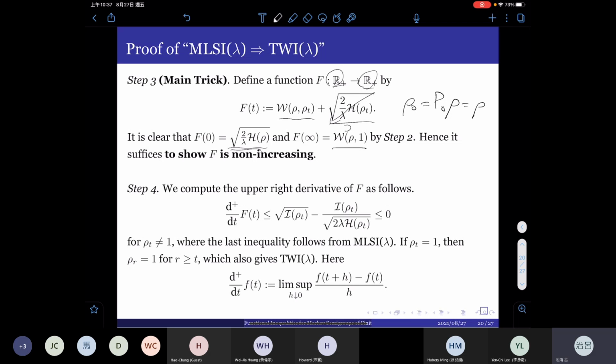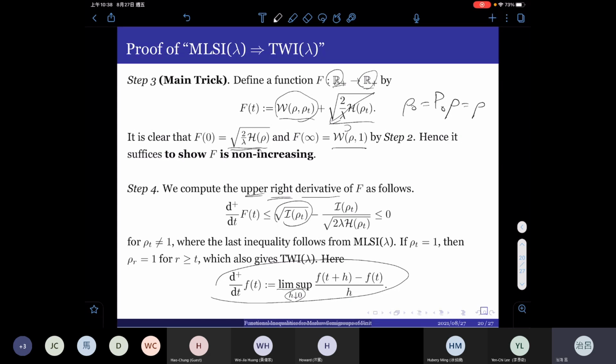And so we can compute the upper right derivative of f, because we don't know f is a differentiable function, but we can always compute the upper right derivative. And here is the upper right derivative we define. Upper means the limsup, and right means h goes to 0 from the right. And we can compute by some simple computation to get